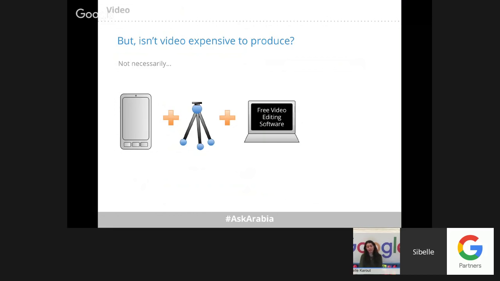The number of editing software available is just huge, and it's very easy to obtain them, which, if you put them all together, will allow you to produce your own video, and it will not cost you such a large amount of money.